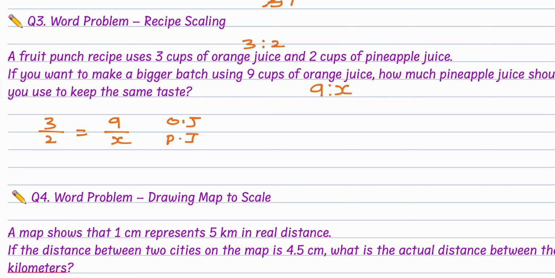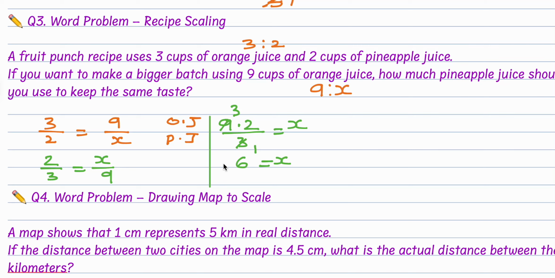Now again we can use a technique here, reciprocation. We can reciprocate both the sides. If we are reciprocating, we have to reciprocate both the sides. So that means here it will be 2 by 3 and here it will be x by 9. Now because we need to isolate the variable, so multiplying by 9 on both sides, 9 times 2 divided by 3, that 9 will be cancelled. Now again the cancellation technique, 3 ones are 3, 3 threes are 9, so x is equal to 3 twos